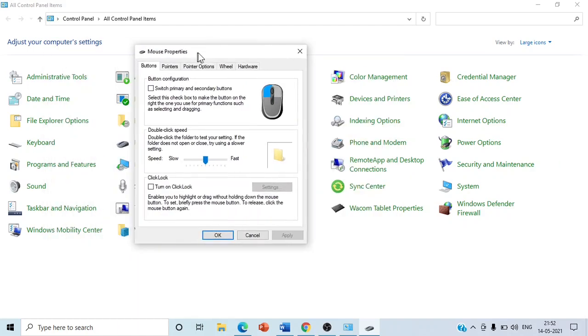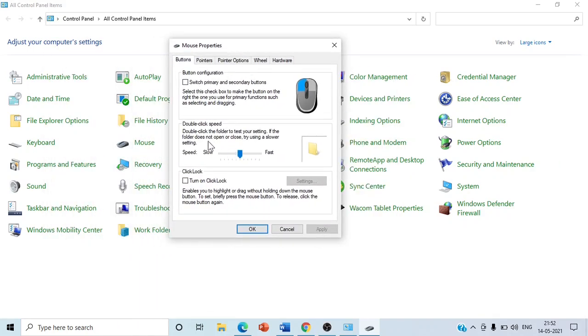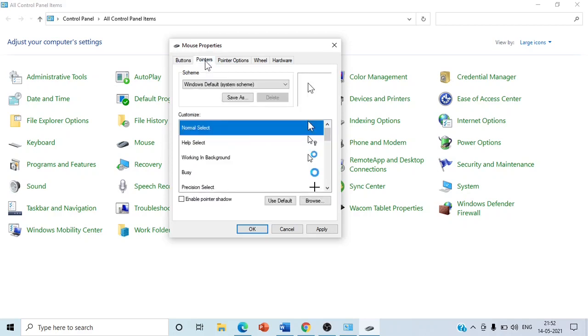Okay, and if you want to increase the speed of the mouse, you can also do that from there. If you want to change the pointer, then you will click here and you can see a lot of pointers.